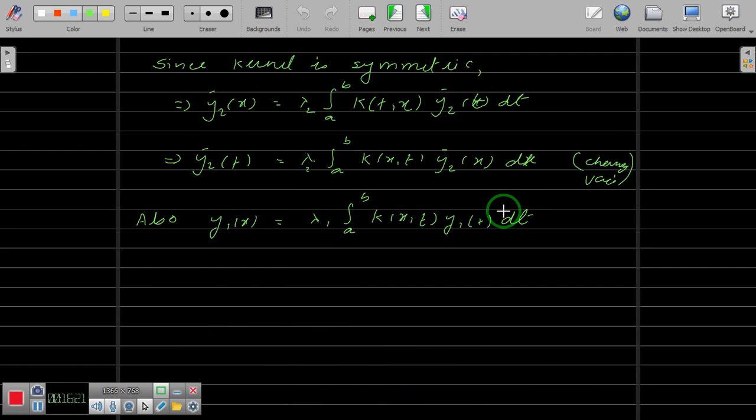Now we have y1 of x equal to this, because lambda 1 is an eigenvalue and y1 is a corresponding eigenfunction. Now you multiply both sides